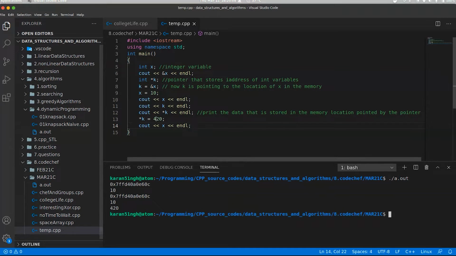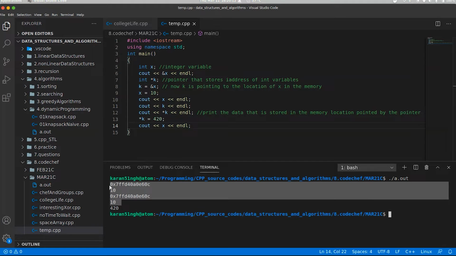See, guys, everything is the same as our previous execution. What I changed in my program is that I said star k is equal to 420, and then I printed out x. I didn't say x is equal to 420. The only assignment to x was x is equal to 10.